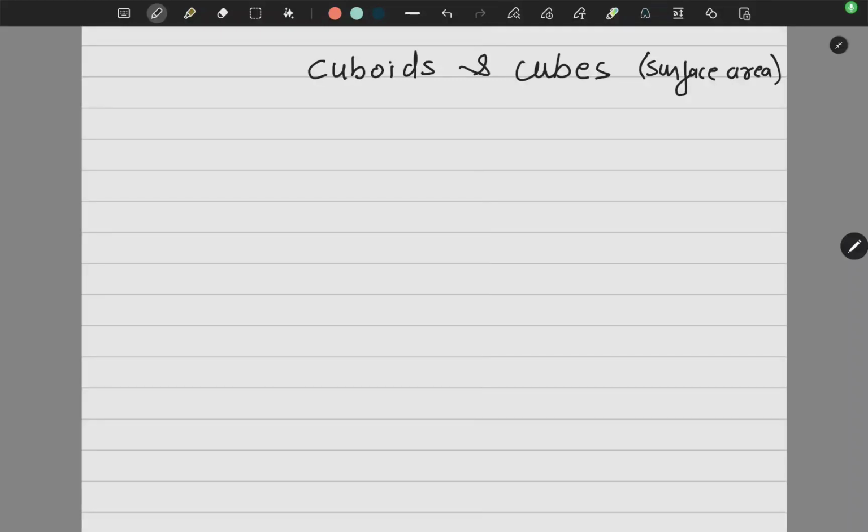Let us do the quick revision of mensuration. Now in mensuration we talk about the surface area and the volume. While doing that we have trapezium, we have triangles, we have the polygons, we have cube, cuboid, cylinder, cone and all. So in this particular session I will be covering cubes and cuboids and I will be talking about the surface area. I will be including the total surface area as well as the lateral surface area. Okay, so now let us start with cubes and cuboids.